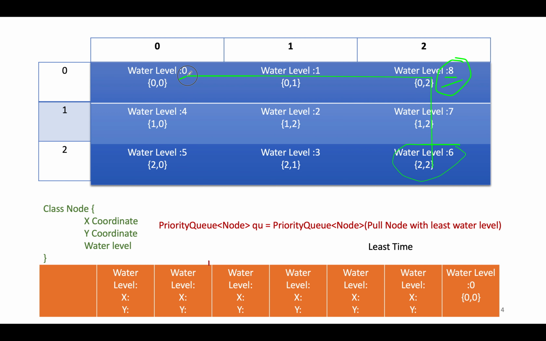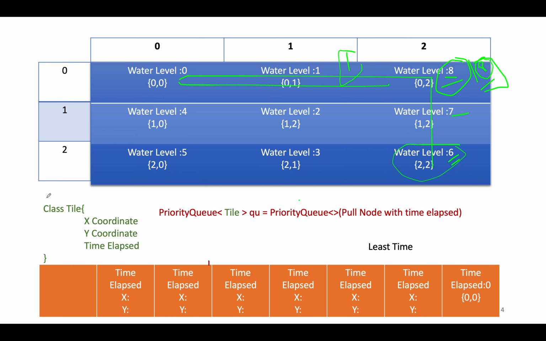Because if you are starting from here, from 0 to 1, one unit of time must have elapsed. From 1 till 8, 8 units of time must have elapsed. From 8 to 7, 8 will cover the 7 timestamp, so you don't need to worry about 7, the lower value. Similarly, you don't need to worry about the 6, which is lower than 8 again. Takeaways from this hypothesis: if the value of the neighboring node is higher, the time elapsed increases. If the value of the neighboring node is lower, the time elapsed is not affected by it.